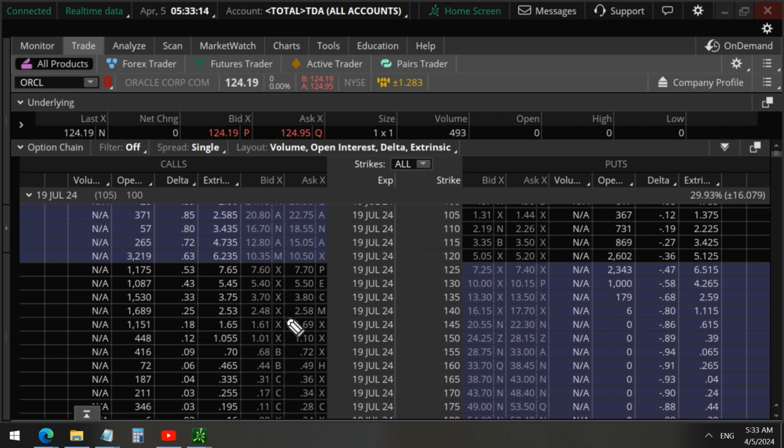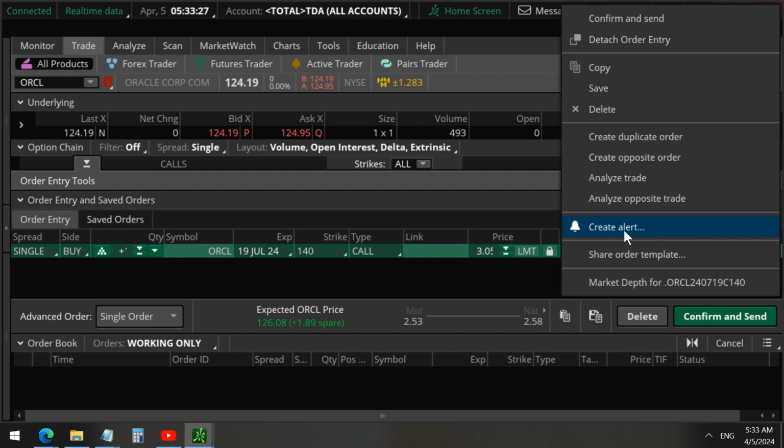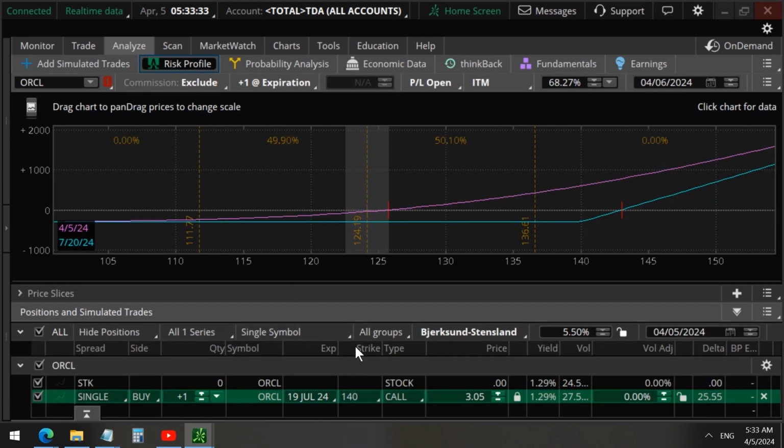And that's why it hasn't shown up. But we can be sure that once it updates, you will see that the open interest will reflect that. All right. So they paid $305 for each of these 140 call options. And so this is their trade. As we mentioned, it's currently at a slight loss